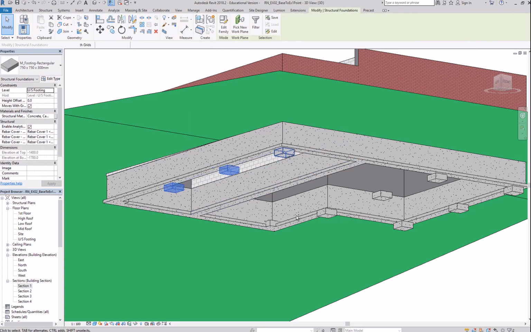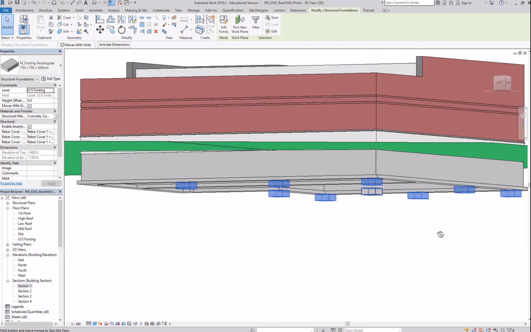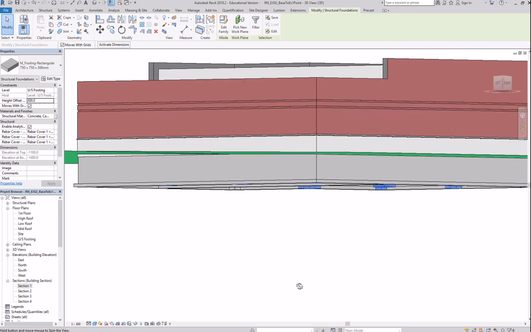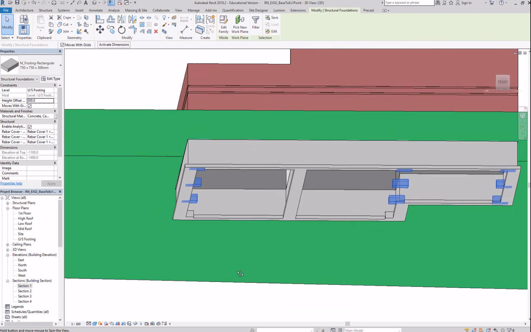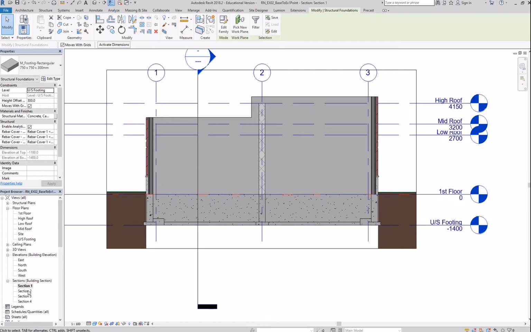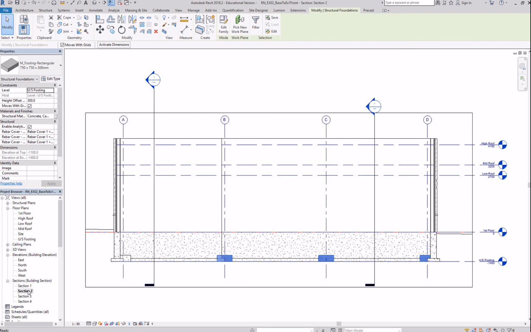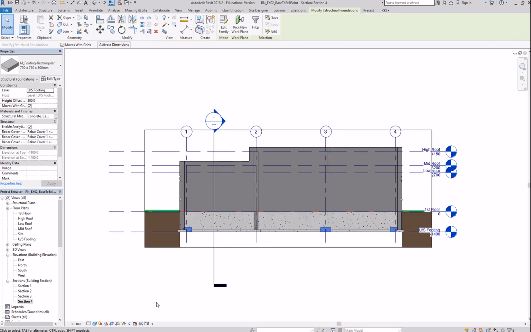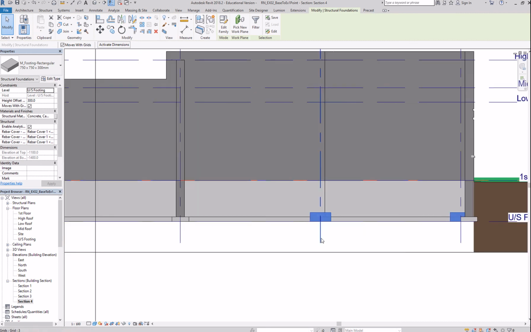And for these ones, I might need to select. Okay. And select and change that to 300. Okay. So you want to go to your 3D view and your section view as well. So section 1, section 2. Okay, looks like everything is in order. So that's how you add your isolated